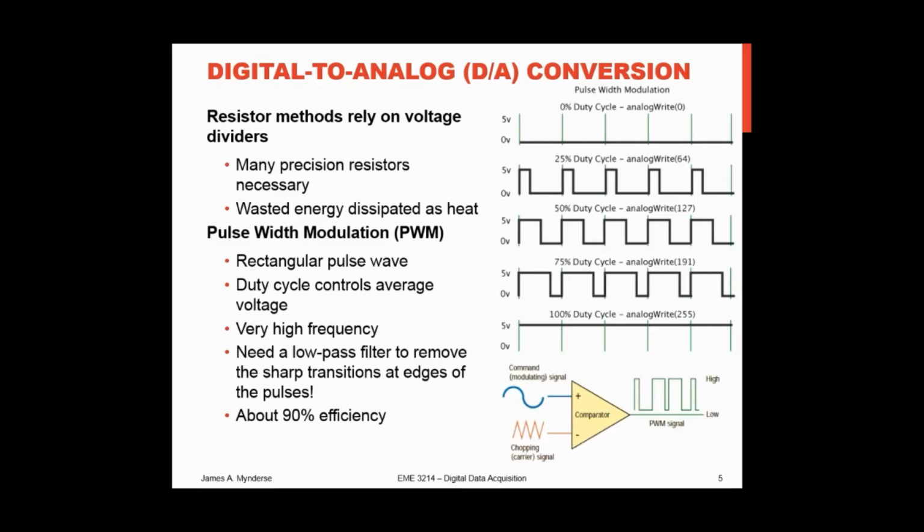Now, the problem with those, of course, is those resistor devices, we rely on voltage dividers and things, and they take a lot of precision resistors. The notes here say wasted energy dissipated as heat. That's not a big problem just for a digital to analog converter, but when we're using analog controls